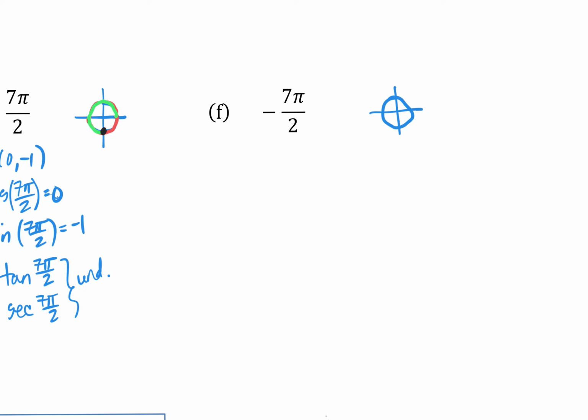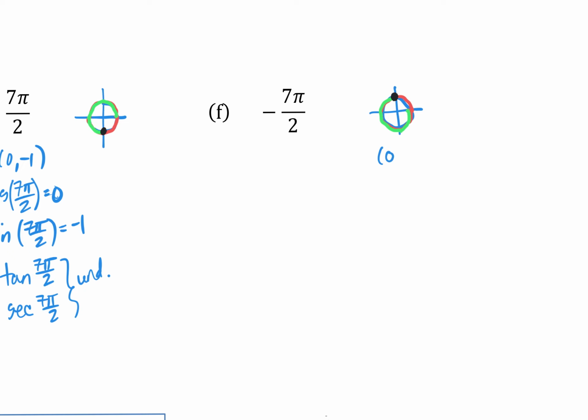This time we're going in the negative direction: negative 1 pi over 2, 2 pi over 2, 3 pi over 2, negative 4 pi over 2. I'm going to keep going, 5, 6, negative 7 pi over 2 corresponds to the point at positive pi over 2, which is the point